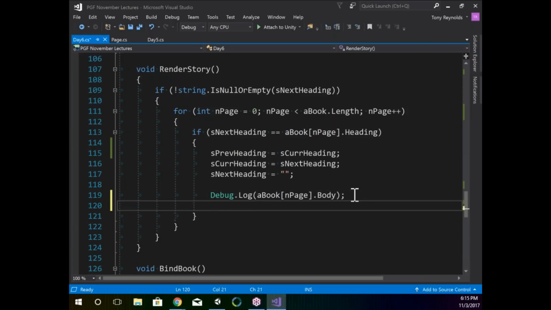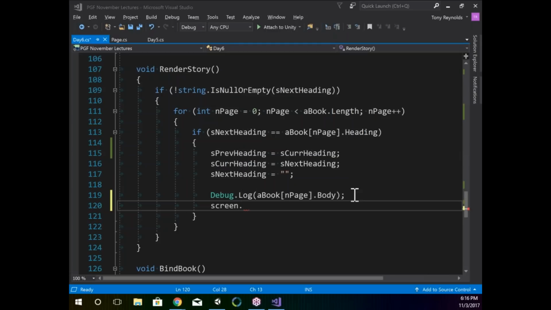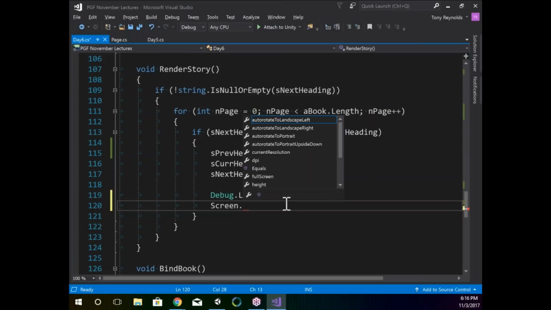So now that I have a screen object, right, a text object that lives somewhere out there in my scene, I can say screen, but I need to talk. If we jump back over to Unity real quick, screen is this text component, but I want to talk to a specific thing inside this script, right? In this case, it's text right here at the top. So if I jump back to my code, that dot is going to give me a whole bunch of different settings. If I scroll down and look, a number of these things, full screen height, blah, blah, blah, you'll see,